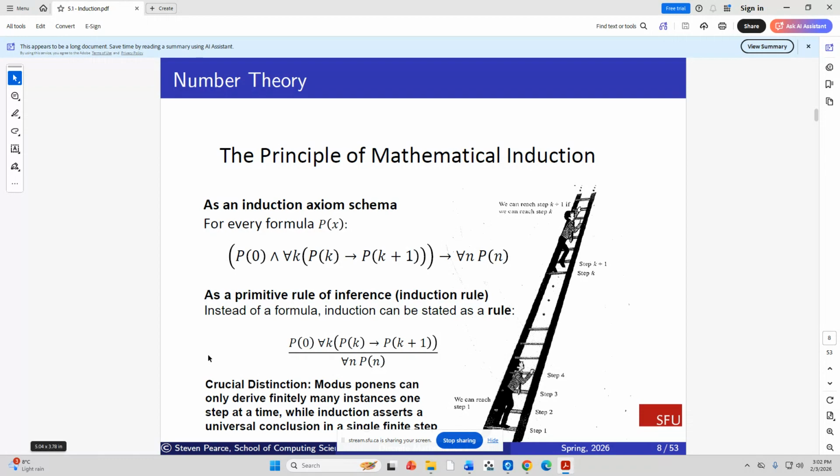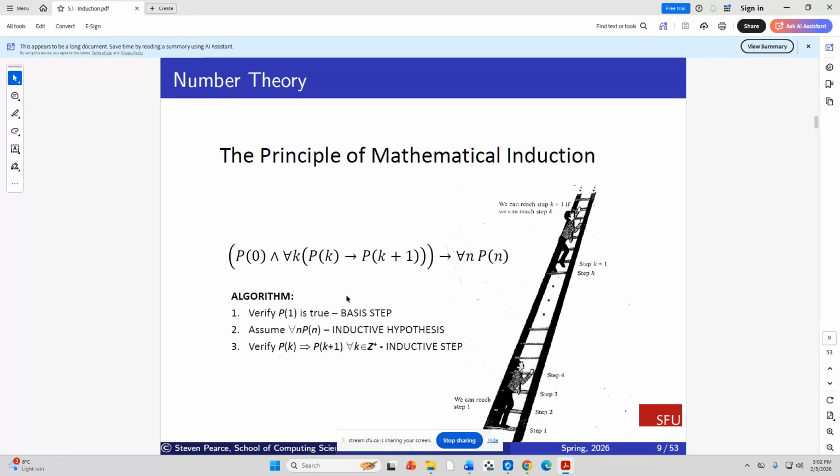And while induction asserts a universal conclusion in a single finite step, repeated applications of modus ponens is absolutely intractable, but in a way, that's what we're doing here. It has the form of modus ponens, but it has to be in an induction axiom set. All right. So what it really is, as far as we're concerned, this is what you have to know, is that once I get on to the